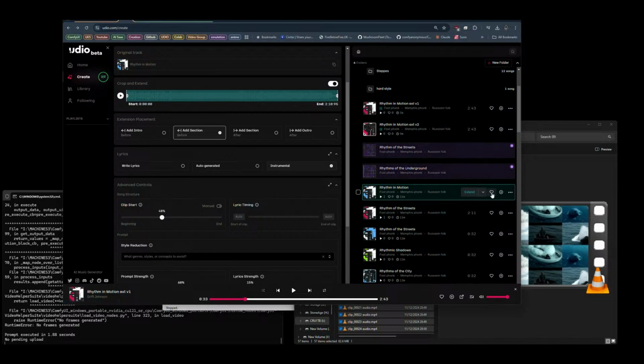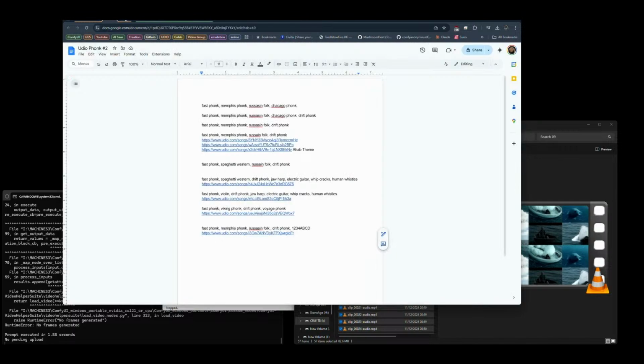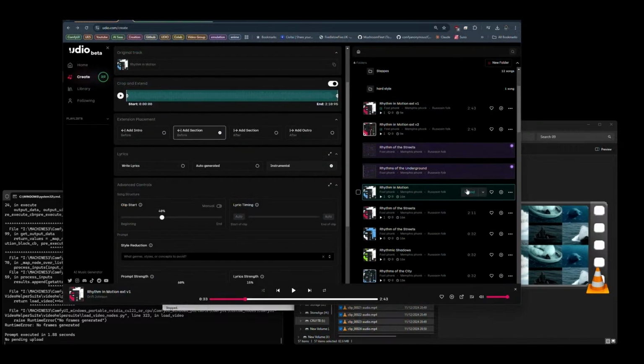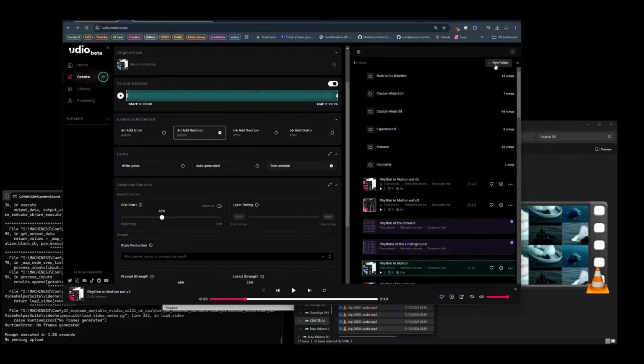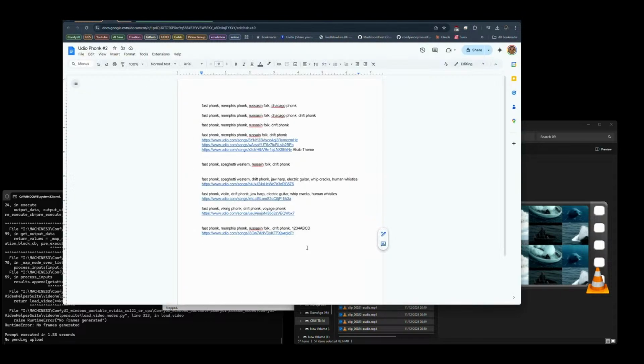Now, I've shown you the heart technique. I've shown you grabbing links and putting them into a folder with your prompts. But there is a new way, which is to create a folder, give it a name, and then just drag it in there, okay? Now, I'm not going to lie, it's going to have its limitations, because before long you're going to end up with just a wall of folders. So it's always best to download the stuff off or take the links,